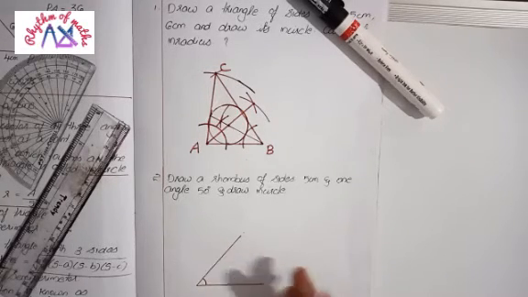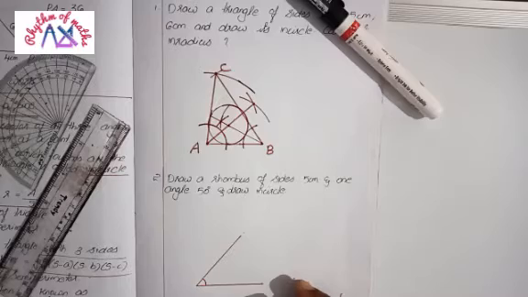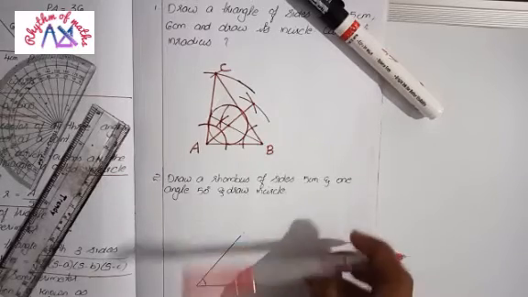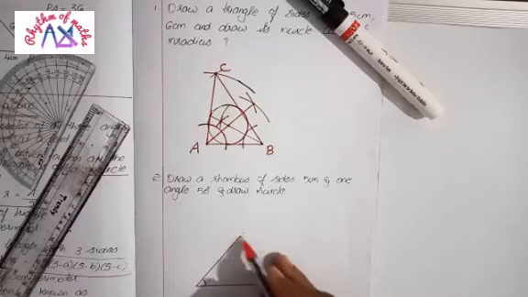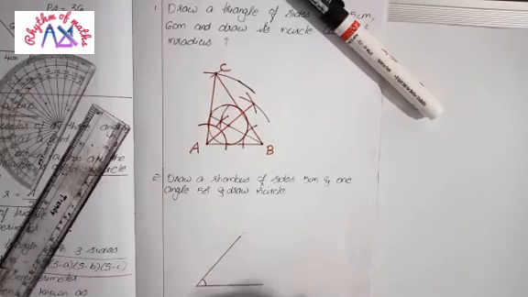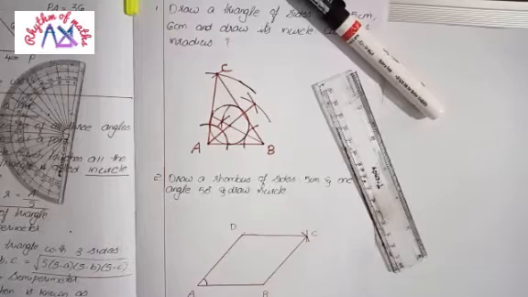Now we need two more sides, then only the rhombus will be complete. In order to draw that, no need to measure with a protractor again, just use the compass. Measure 5 cm in the compass and draw two arcs from these two end points, then you will get the remaining two sides. Okay, so this is the rhombus. ABCD is the rhombus with the sides as 5 cm. All the sides are 5 cm and one angle is 50 degrees.